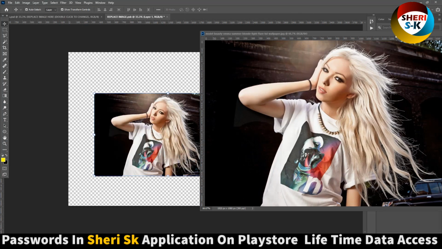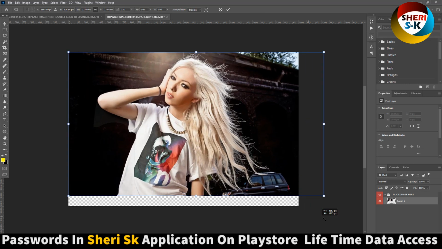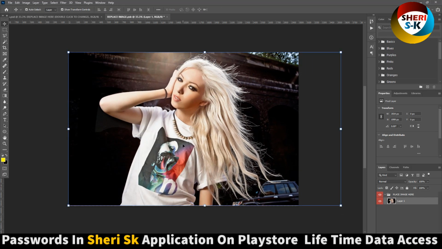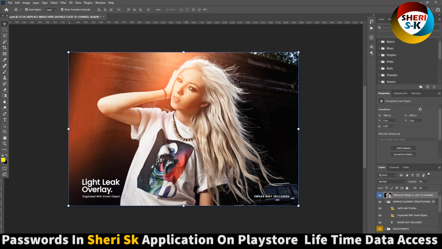Drag here, press Ctrl S for saving, remove it, and you see here is the light effect. You can remove this one. Okay,